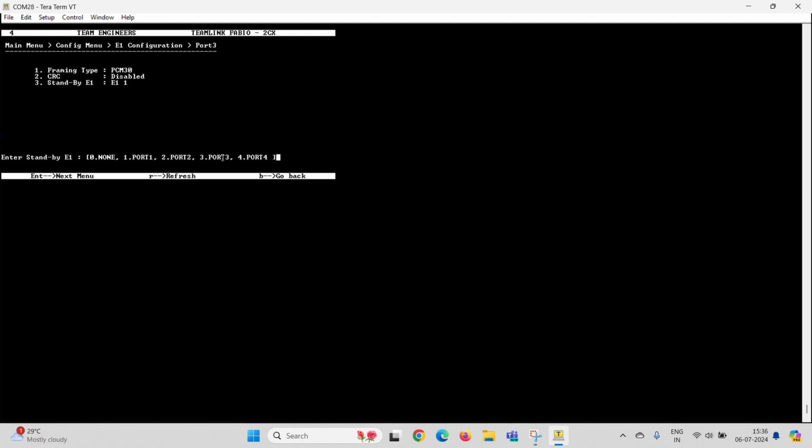So here we have ports 1 2 3 4. We have configured our 6 voice channels on P3. For this P3, I'm going to select P1 as my standby E1. So just enter 1. So now it is changed to event 1. If you take P1 as primary, then you can put P3 as your standby path. Here I have taken P3 as my primary path, so I'm going to select P1 as my standby path. Then